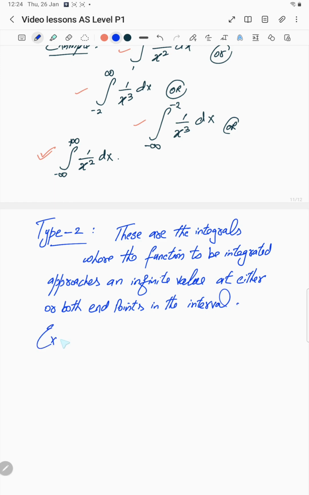For example, here you can see first where the function to be integrated approaches an infinite value, that is, its answer must be infinity, at either or both endpoints in the interval. It's not necessary that a limit be infinity, but at the end the answer can be infinity when it approaches a limit of the interval. For example, if you have the integral from -1 to 1 of 1 over x squared dx, when you integrate this it will give you undefined. It means this function is not defined,